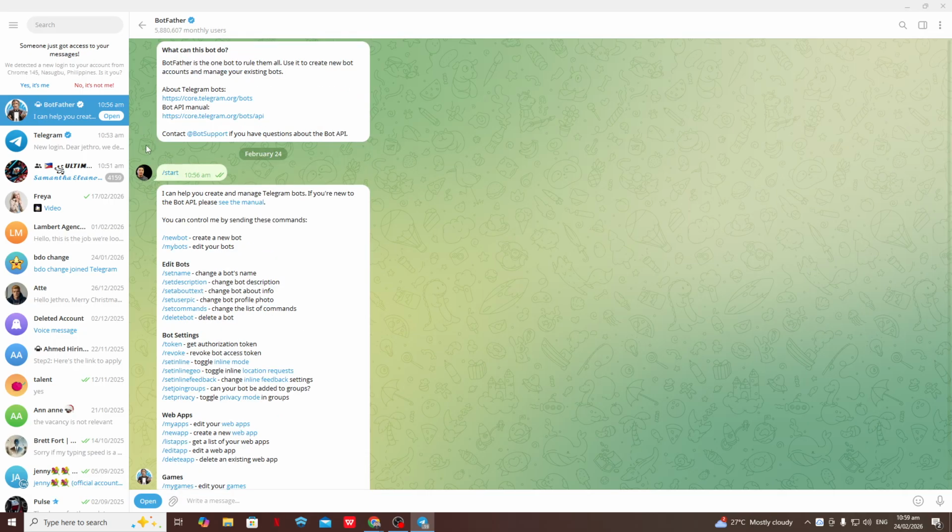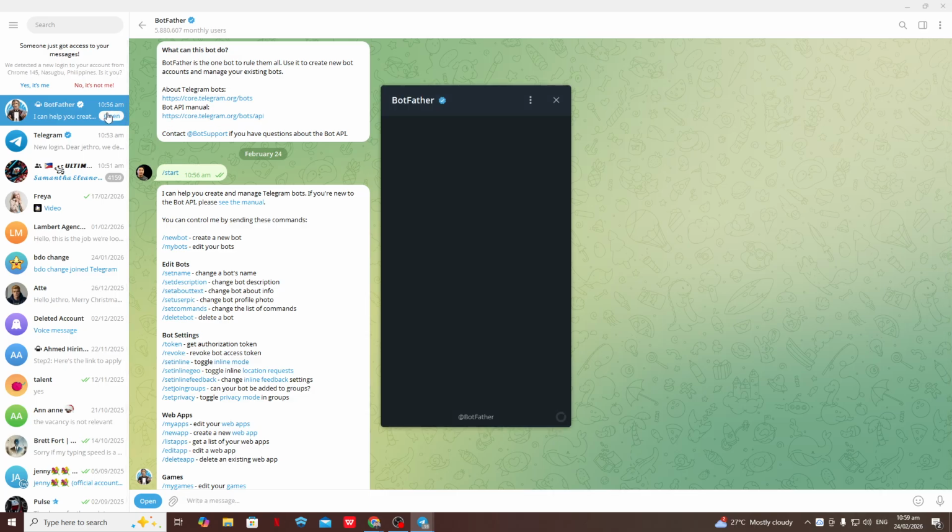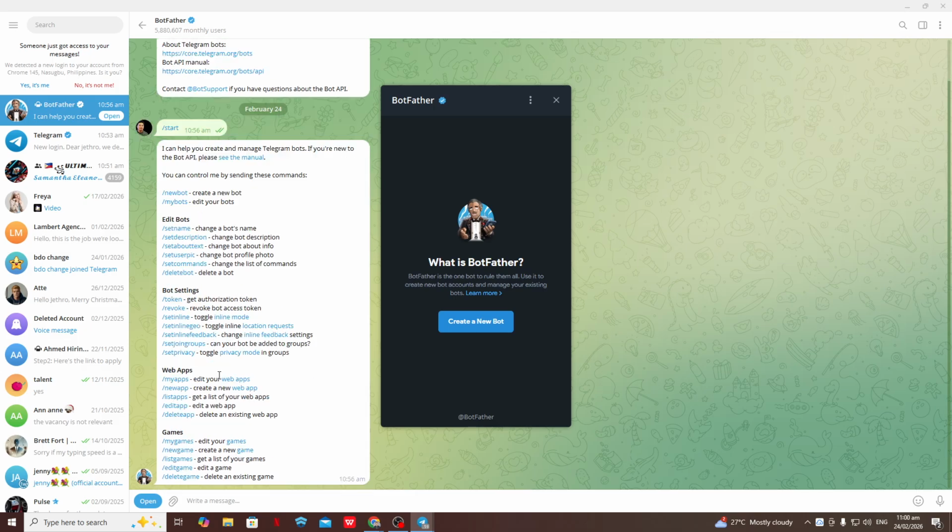Once you have your bot created, the next step is to set up your development environment. You can use any programming language that supports HTTP requests, but many people prefer Python or Node.js because they have good Telegram libraries. Install your preferred language, then install a Telegram bot library that lets you easily receive messages and send replies. This will save you a lot of time compared to working directly with raw HTTP calls.